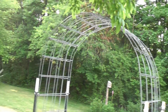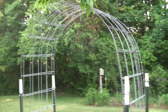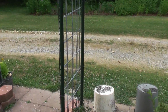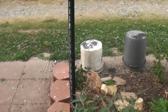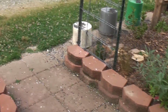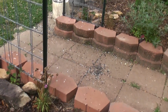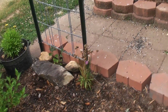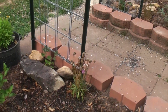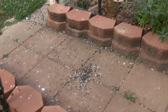It had a huge Carolina jessamine group of vines all the way over the top of it with a lot of weight, caught all the snow and just came tumbling down. And I wasn't crazy about the Carolina jessamine. Foliage wise it was great, pollinator wise zero, because the blooms got frosted out. Every spring the blooms would get frosted out, so I never had much of any bloom, and what blooms were there never drew pollinators. So I took the opportunity to yank that out, as pretty as it was, from a